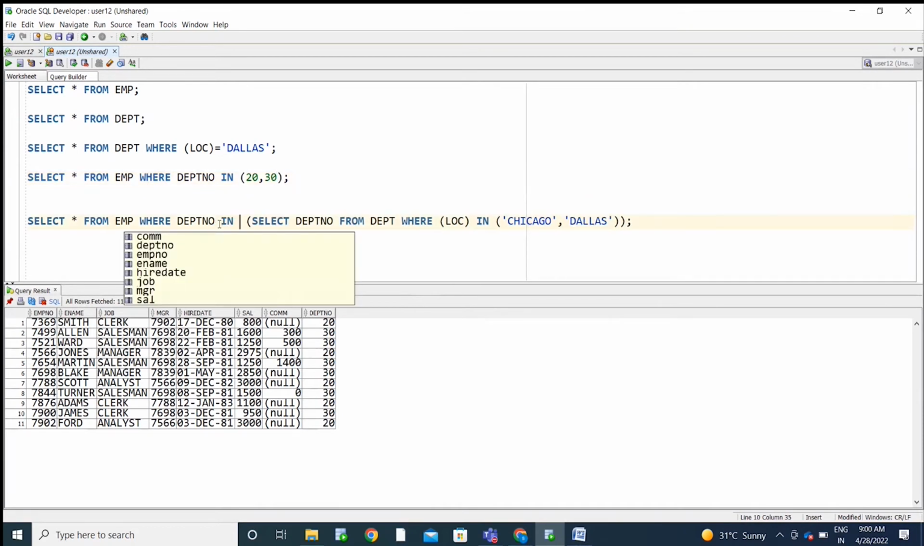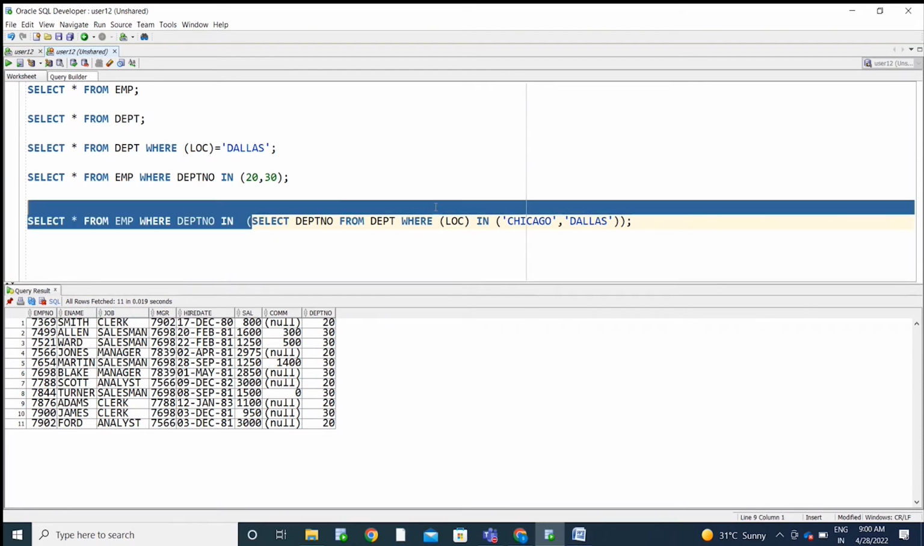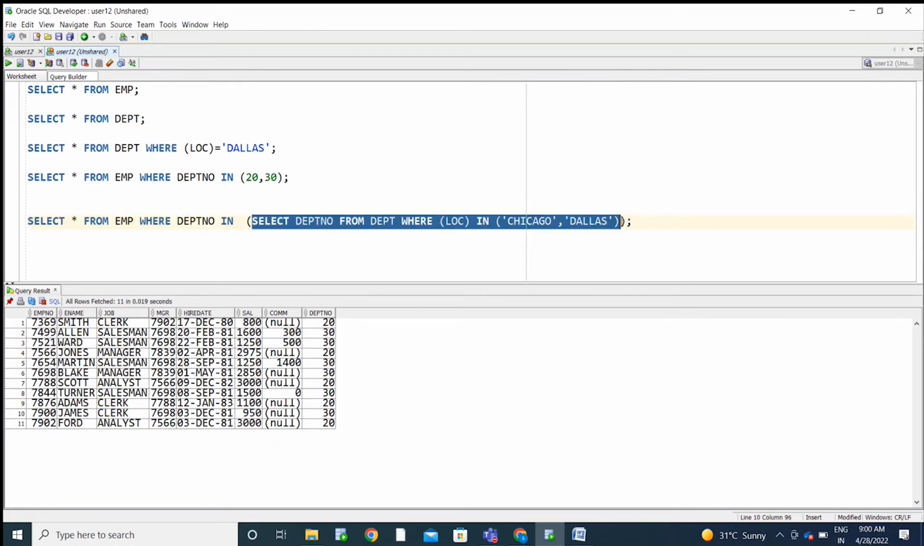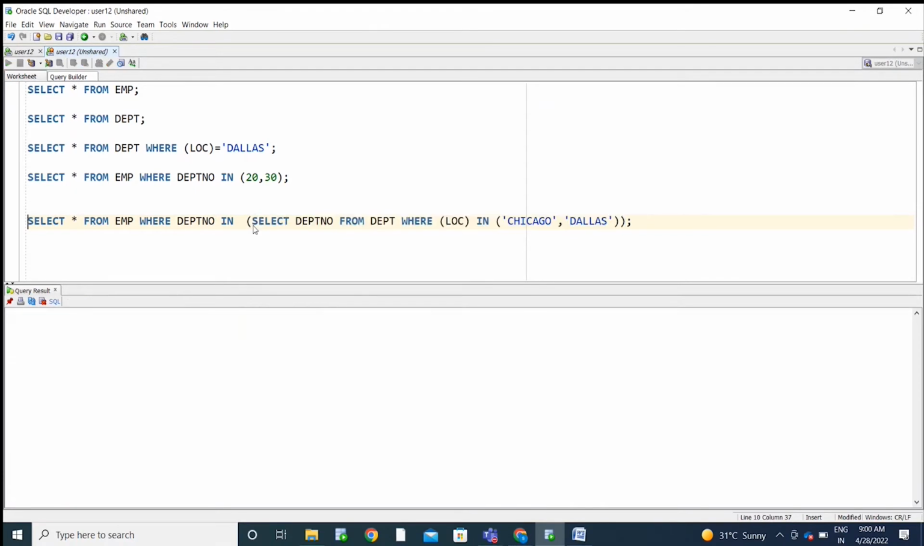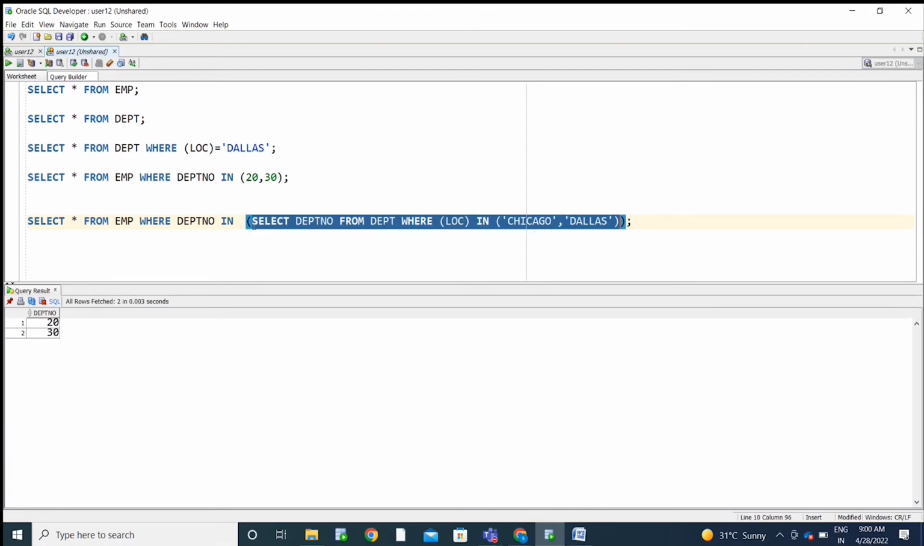So instead of equal, use the in operator. See, now you are not getting any error. Okay, so the client may ask in different ways, so you need to be aware of what type of query to use. Now see, instead of a column value in the where clause, if you are writing a set of query, we can call it a